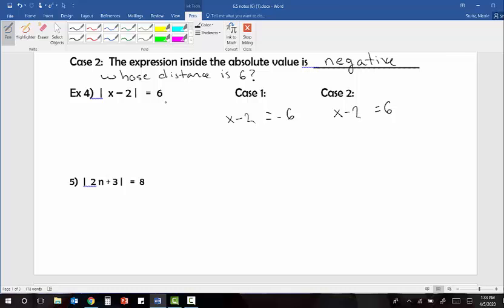Okay, so either x minus 2 could get you -6 or x minus 2 gets you +6. Both of these get you a distance of 6. So if x is -4 or x is 8, you'll get a distance of 6. And if you're not sure, if you're not buying into that, well, plug them back in and make sure it makes sense. So if I plug in -4 for x,